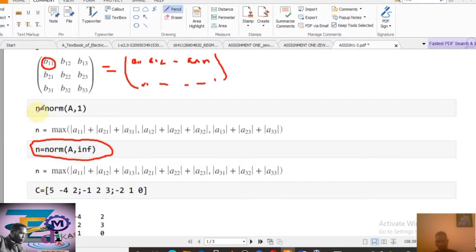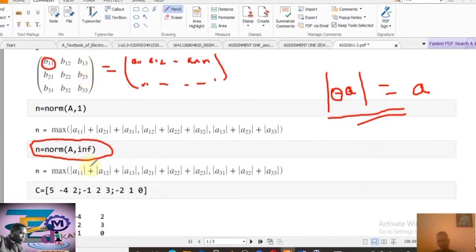So the basic difference in here is, in both cases it will take the same summation, the product principle. The main thing is in order to remove the negative sign. If the matrix value is negative, the absolute value of any negative number A is equivalent to A, which is the norm principle. So the basic point is in order to remove such negative sign here. So now the infinity norm of a given matrix is the sum of B11, B21, B31, B12, B22, B32,